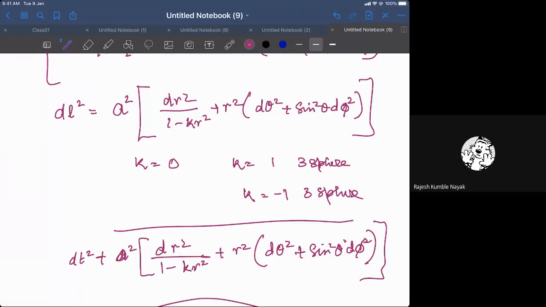Now you are doing a GR course, so you know the theory of gravity is Einstein's theory, so you have to find out the Einstein equation. And the source can be a perfect fluid. There is no problem. You assume